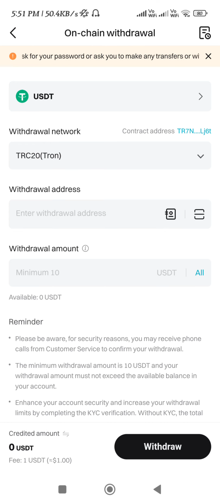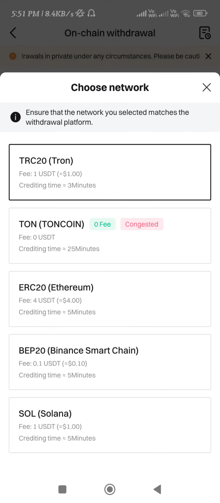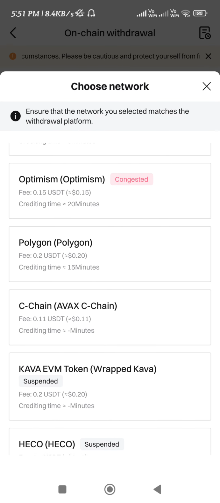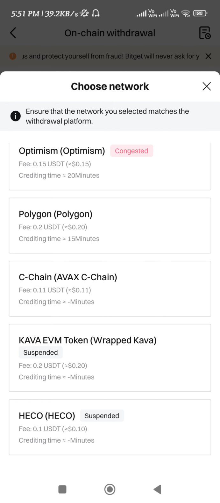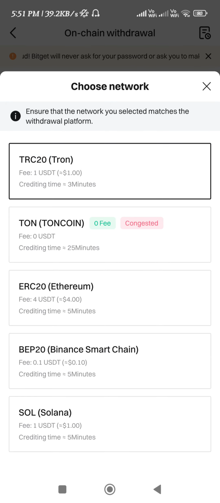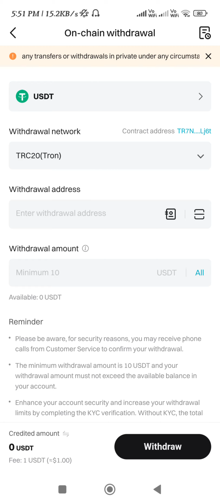Now the first thing that you need to do over here is to simply select the withdrawal network. So you can choose any of the networks, and you can even see the receiving time as well as the fees that you need to pay. So you just have to simply select the network of your choice, and after that it will ask you to